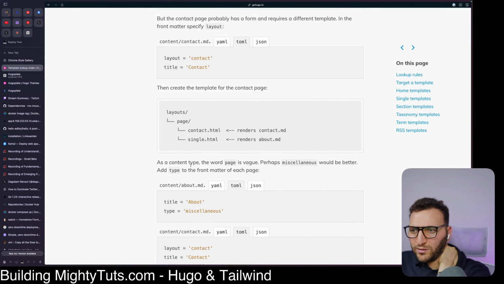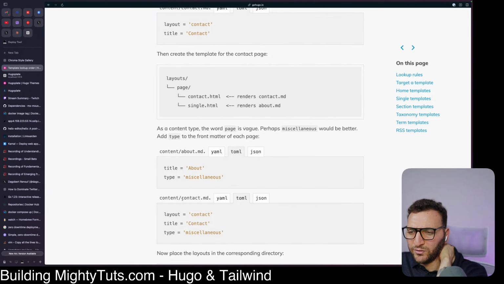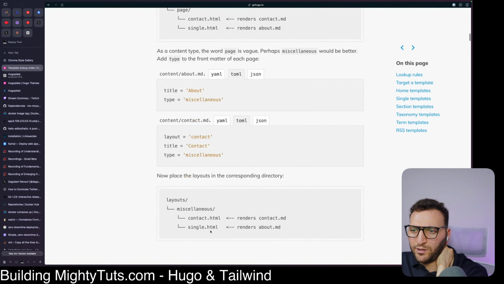As a content type, the word page is vague. Perhaps miscellaneous would be better. Add type to the front matter for each page. Miscellaneous about type miscellaneous. Okay. Now place these layouts in the corresponding directory in miscellaneous. Right, I understand. So this layout,